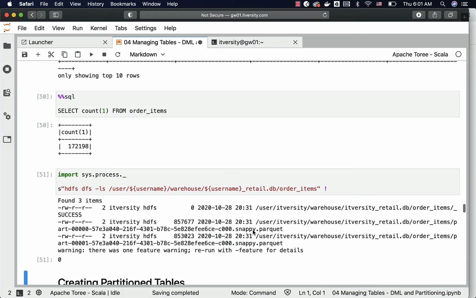However, we need to have a stage table in between. That stage table should be in line with our source files. We have to use load command to get the files into that stage table, and from the stage table we can use insert to insert into the target table, which is created using any other file format than this source file, or even if the delimiters are different, even though the source file format and the file format used while creating the target table are same.